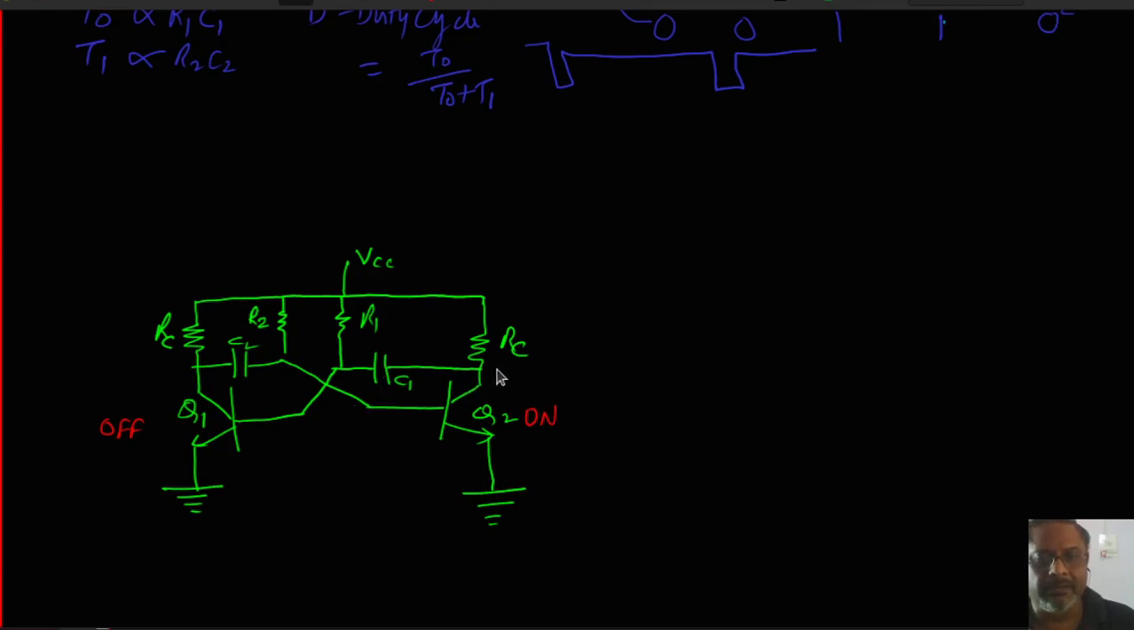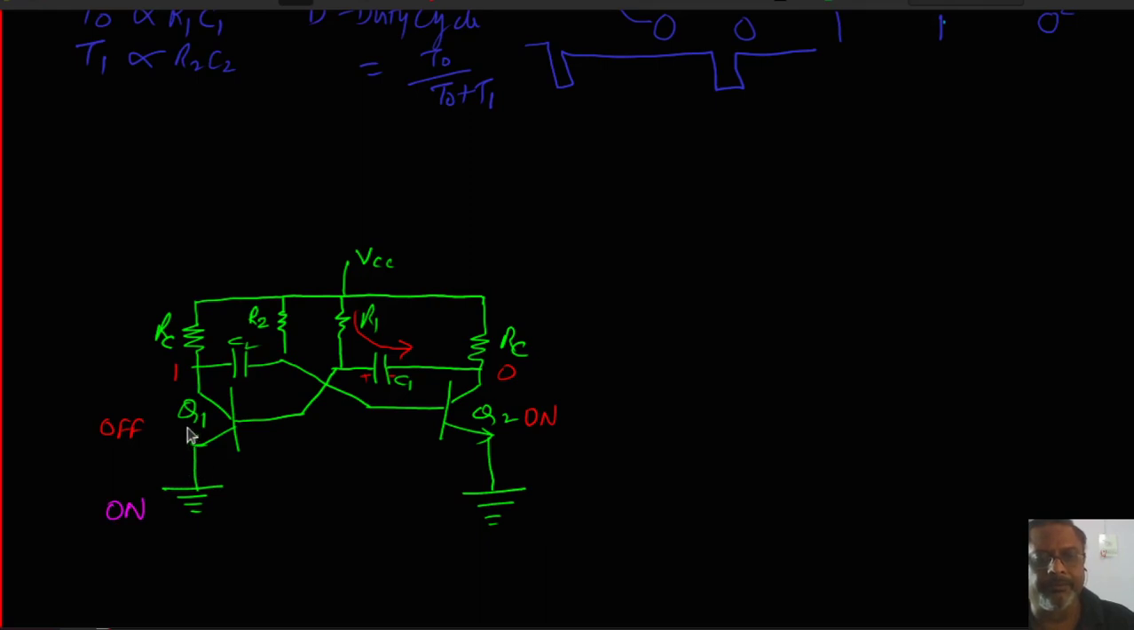When this is on, this voltage is low, this is off, therefore this voltage is high, and hence this end is high, this end is high, nothing happens in this case, whereas this end is high, this end is low, therefore current flows and charges this capacitor. As the capacitor gets charged, this voltage of base of Q1 keeps increasing, and sometime it is sufficient to switch on the